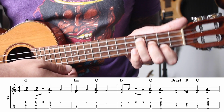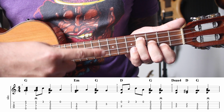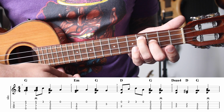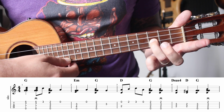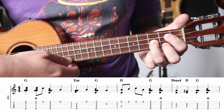The only reason I have my index finger down is out of habit. It's easier and faster for me to get to this E minor if I put my index finger down. Remove, open A string, then we'll make a G chord all the way through with our thumb, and then on the 4th beat, we'll use our thumb to play the 3rd fret. So the second measure we get,